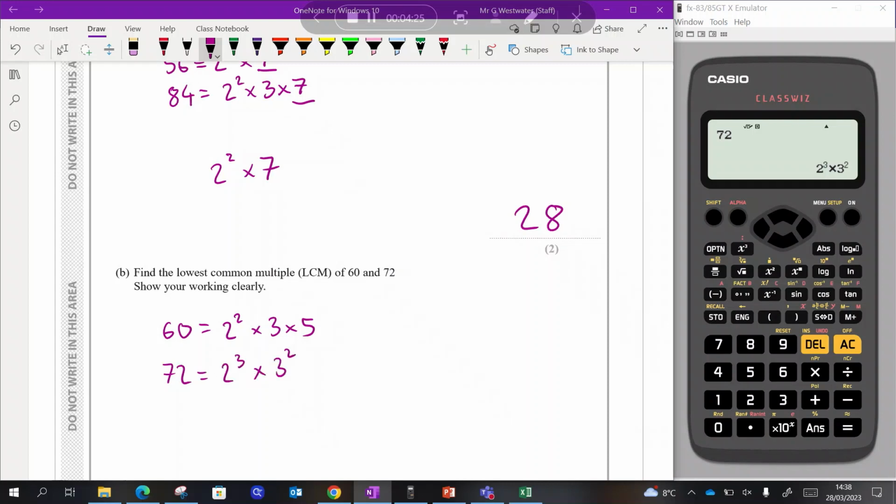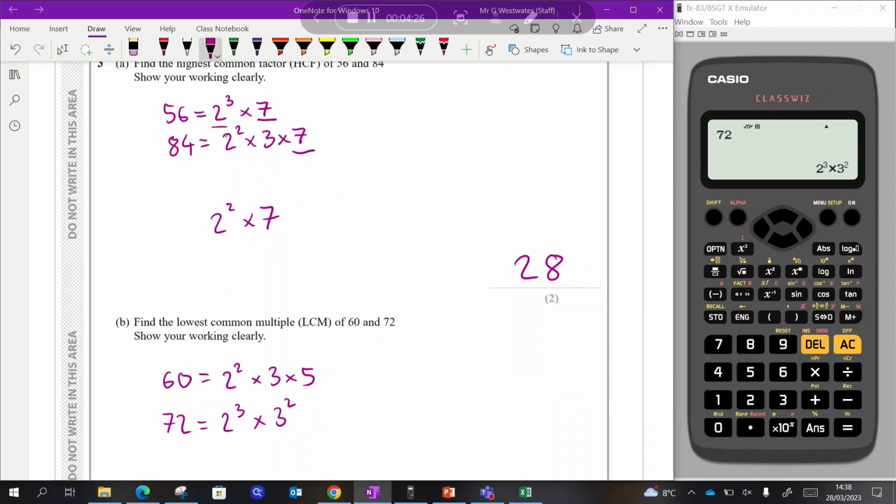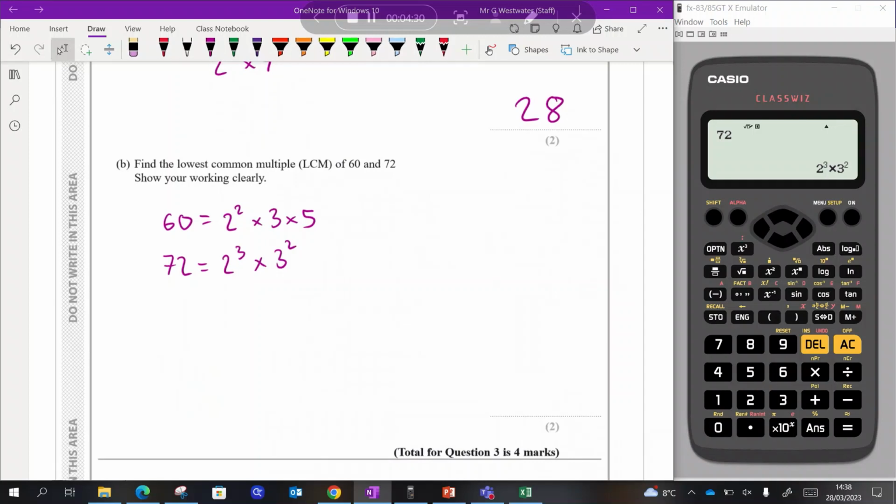Now instead of just picking what they've got in common with the 2's and the 7's, it's anything that appears. So we've got 3 appearing twice, we've got 2 appearing 3 times, and we've got 5 appearing once. So the lowest common multiple is going to be 2 cubed times 3 squared times 5, which is basically 72 times 5, or 360. Okay,